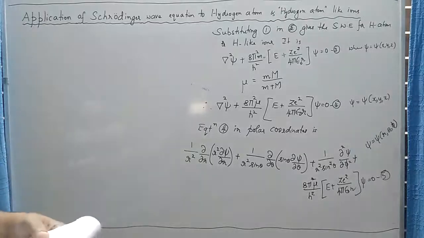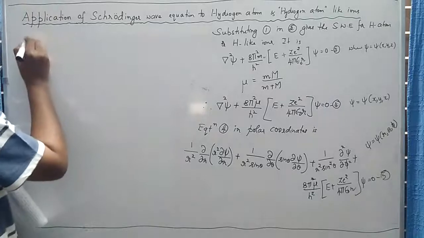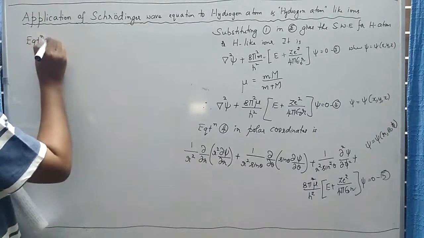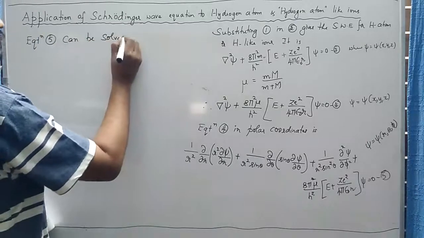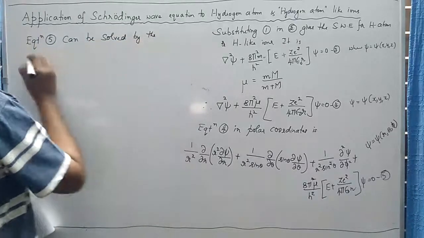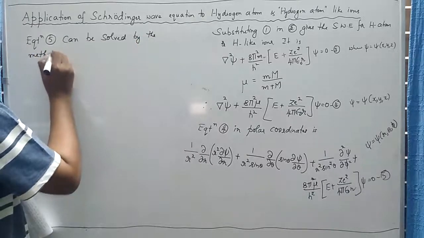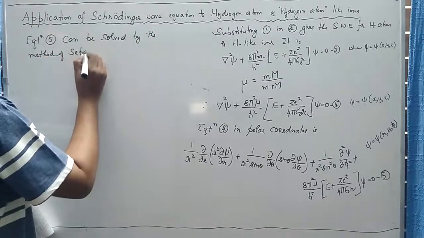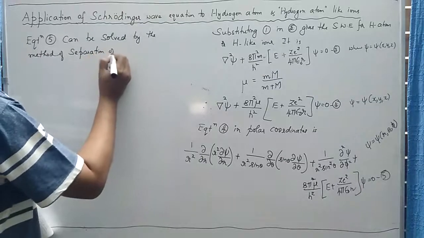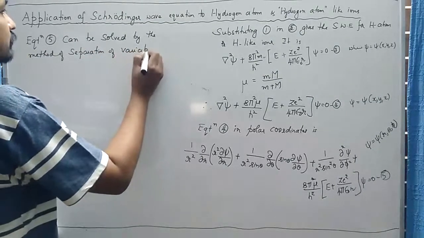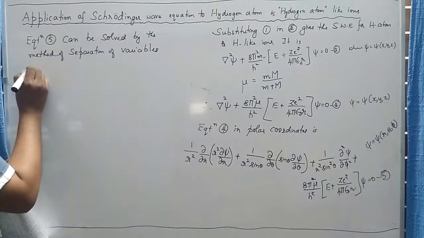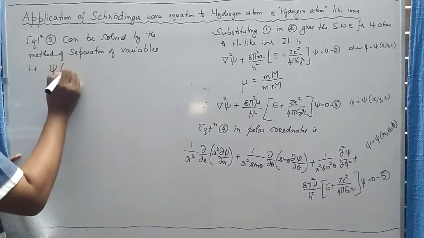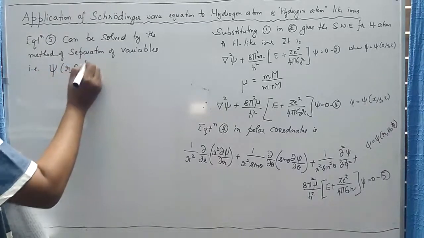So that is the first and foremost essential step of the method of separation of variables. So equation 5 can be solved by the method of separation of variables. Okay, according to this method, the overall function psi of r, theta, phi can be